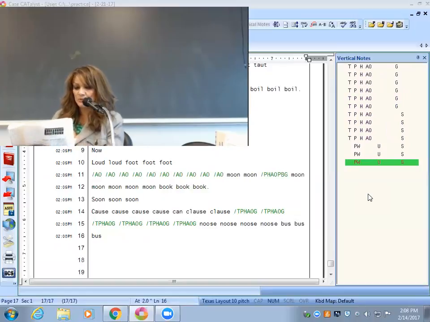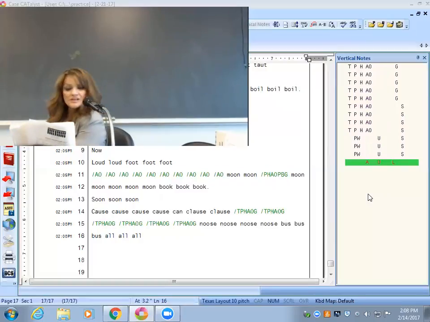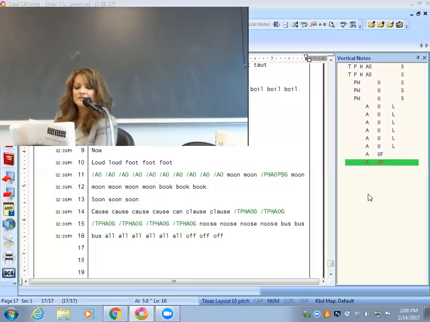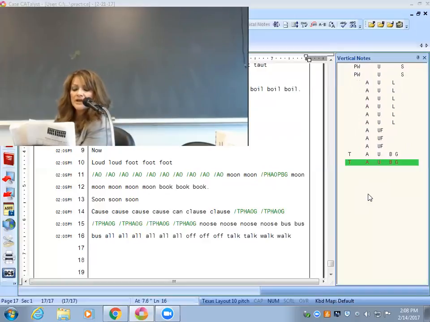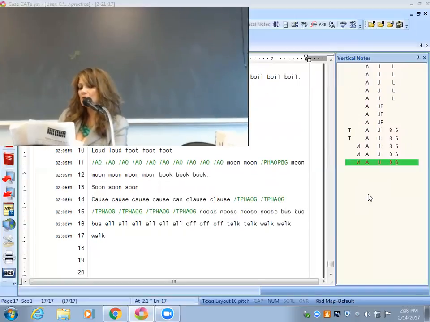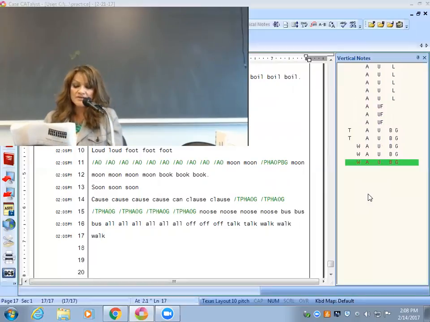Aw is also used in many words that have the ah sound, but not the spelling. The L in words such as walk and talk is not stroked because it is not sounded and its omission does not cause a conflict. So we have all, A-U-L, off, A-U-F. Those have to be written just as they are. Talk, T-A-U-K, walk, W-A-U-K. Remember, I don't say talk. I don't pronounce the L, so it's just ah. Talk, walk. Okay? So make sure that you read everything to yourselves.